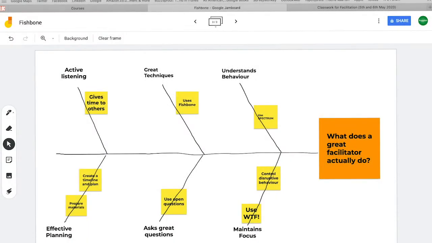So here I am in my fishbone diagram. Now, if you've watched the fishbone video, you will have seen this being created. But what I'm interested in doing now is turning the fishbone into something that can help me develop myself. So I'm going to use Circle of Influence as a way to do that, to see how good I think I am at these various aspects of great facilitation that I've got on this diagram. So I'm going to do that by first of all